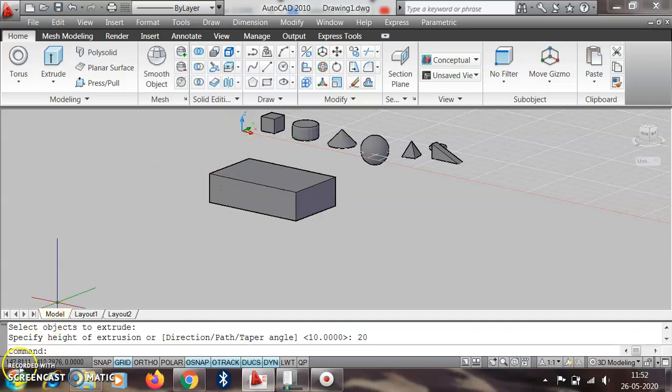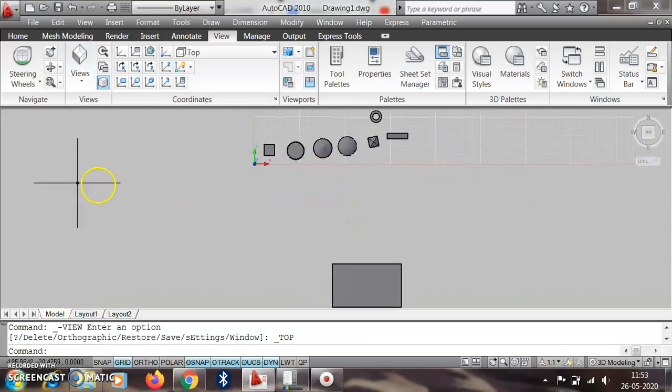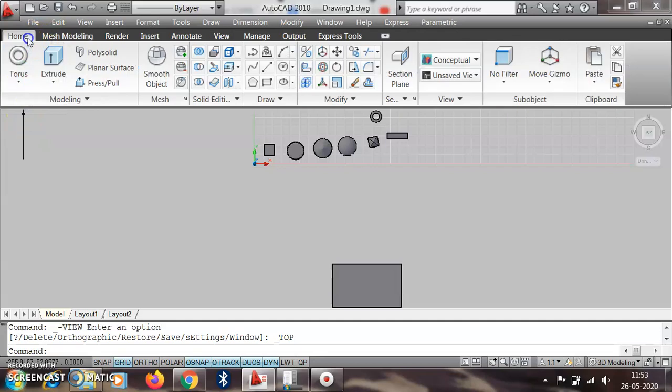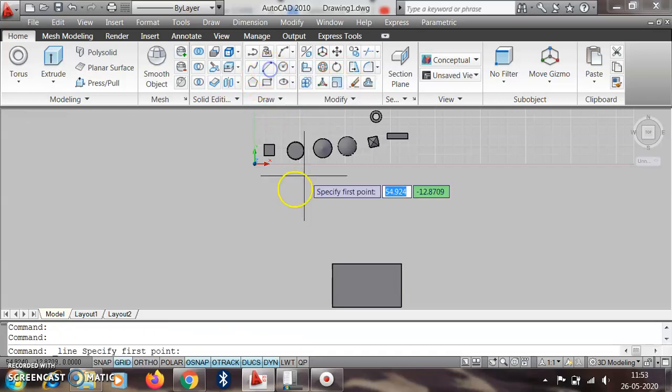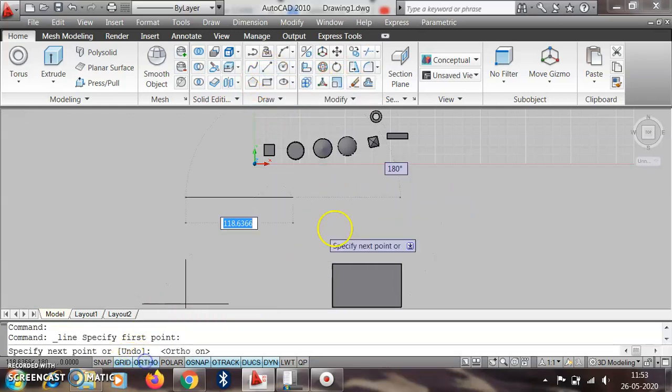Then if we require the shapes of irregular figures, in that case go to View and select the top view, suppose. Then in the top view draw any particular shape with the help of the line command. So we take this line command, turn ortho on.